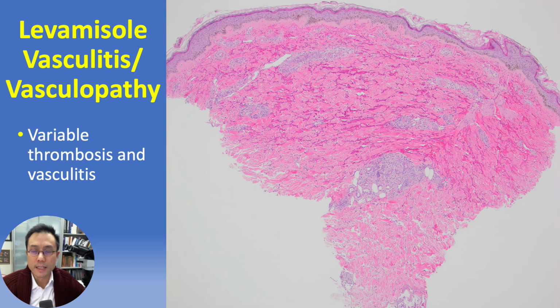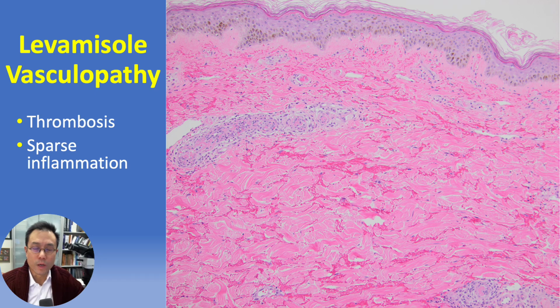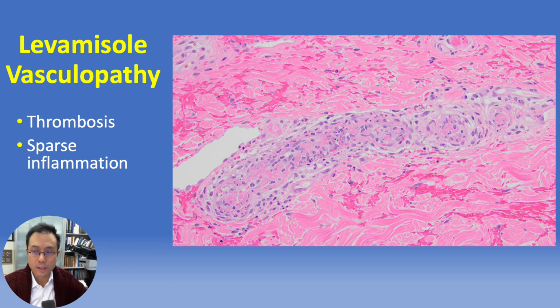The profile at scanning magnification may resemble other forms of cutaneous vasculitis, but with relatively sparse inflammation, somewhat reminiscent of the profile that may be seen in septic vasculitis. Essentially fulfilling the histologic criteria for vasculitis, albeit with relatively small numbers of cells and relatively prominent thrombosis,